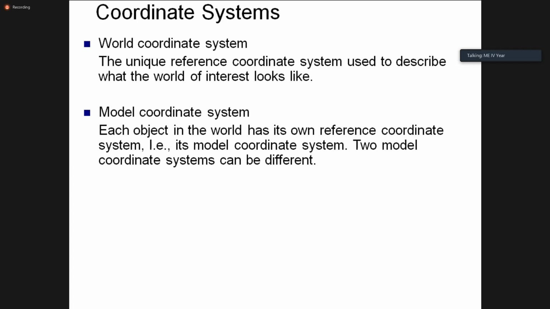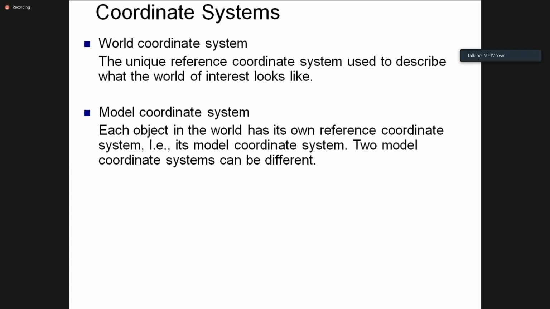That is nothing but the centroid. At that particular point we create the coordinate system, and we call it the model coordinate system. 99% of CAD packages use this model coordinate system. Other than 2D modeling, in 2D modeling we will always be dealing with the UCS, user coordinate system, or sometimes the world coordinate system.